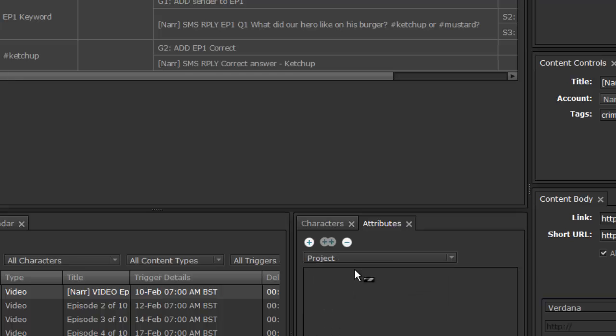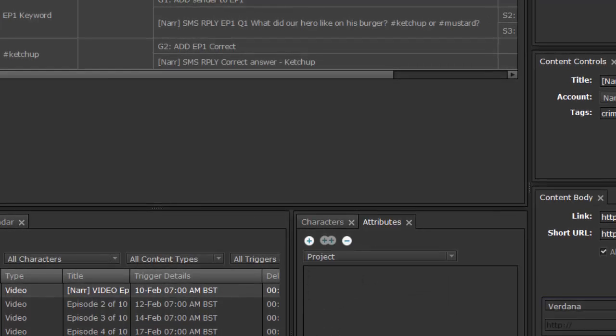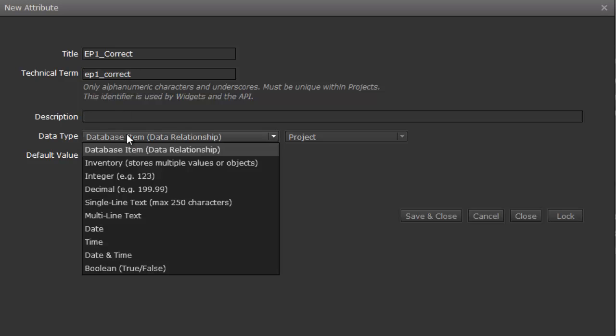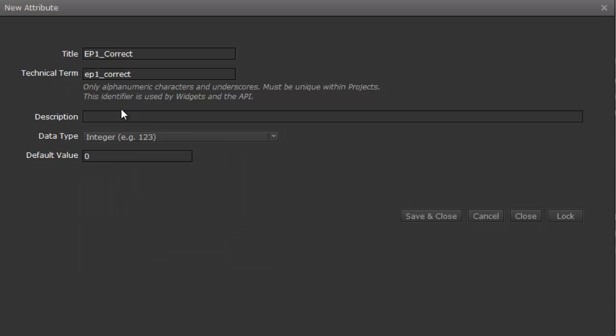So I'm going to make it a project attribute, and I click plus. I'm going to do EP1 correct. So this attribute is like a variable in programming language, but like a variable that's going to count. I've got to make it an integer. So do count